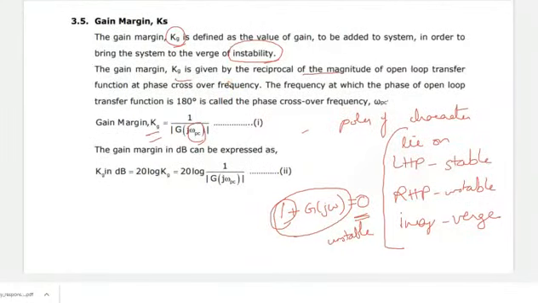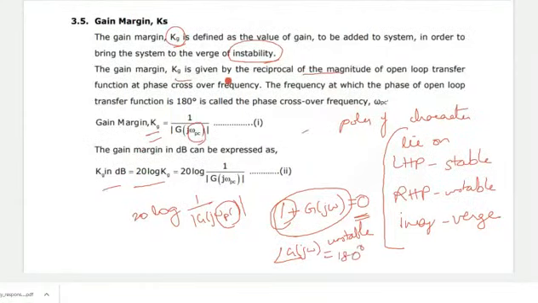Right? You can also write it in dB. In dB, you write 20 log 1 by the gain at the phase crossover frequency. At the phase crossover frequency, the angle of G(j omega) is equal to 180 degrees. So when it is 180 degrees, G(j omega) will be equal to -1. This minus sign is the 180 degrees. Okay? Magnitude is 1. So if you bring 1 at this 180, then it is unstable, right? That's the reason they pick omega at the phase crossover frequency. So at this phase crossover frequency, the phase of your transfer function will be 180 degrees. So that is about